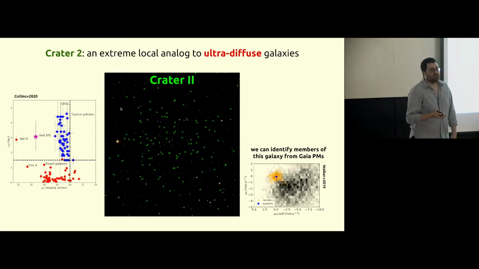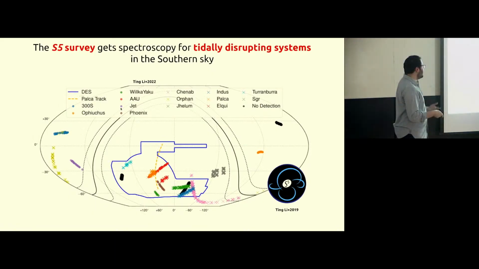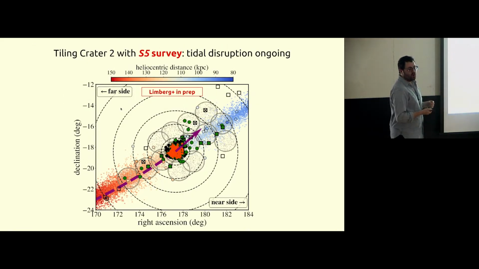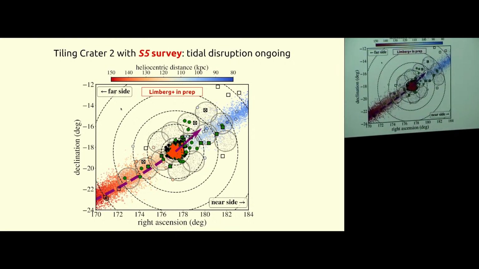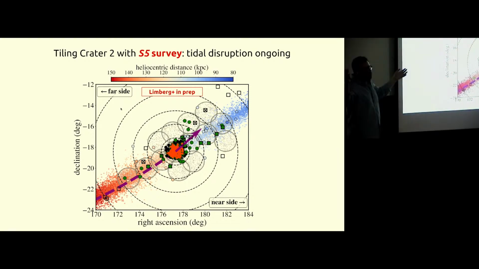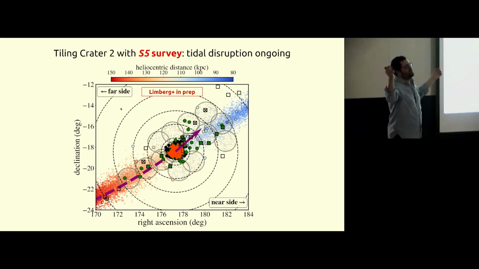I mean, this is one of the reasons why we want to track the stellar string, right? One of the things that would put a lot of constraints on what you're asking, just tell me if I understand it right, would be to tell how much stellar mass has been lost. One of the ways to do this is to cover the whole footprint of the string, which is impossible with spectroscopy. The string track that I calculate covers thousands of degrees on the sky, a humongous area, like the whole sky basically.